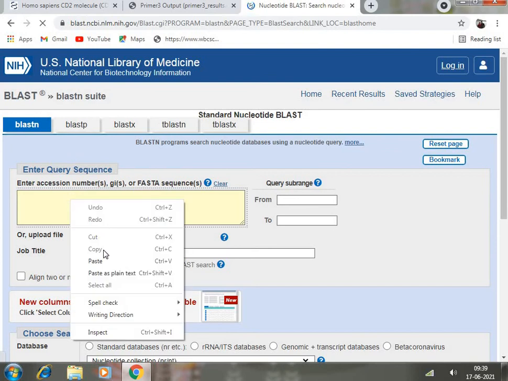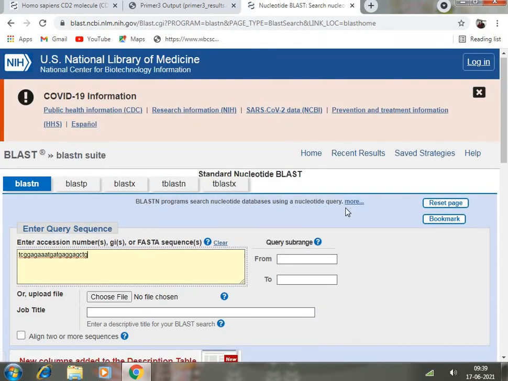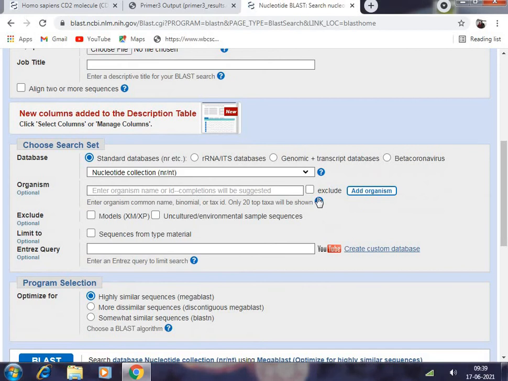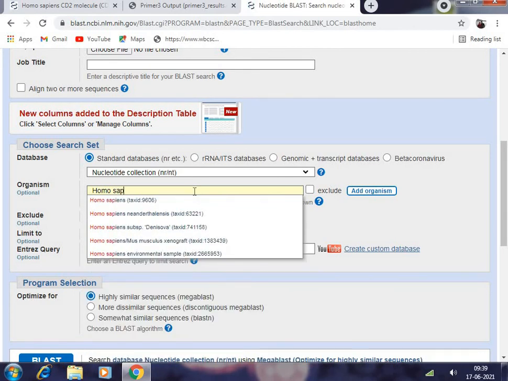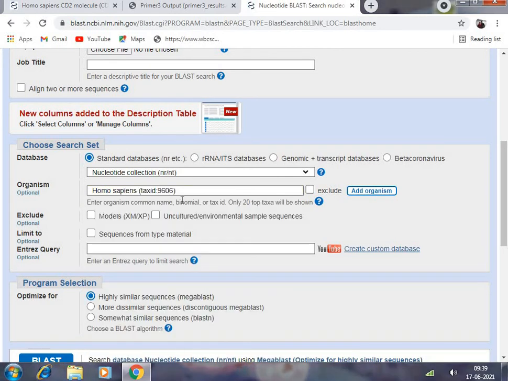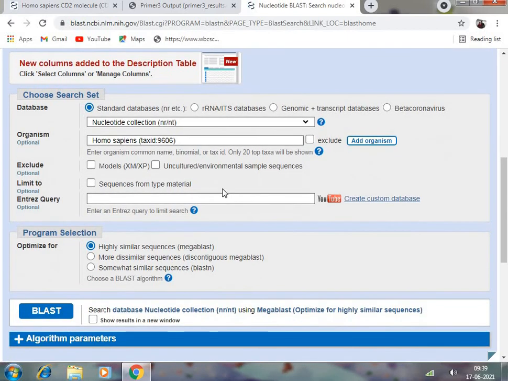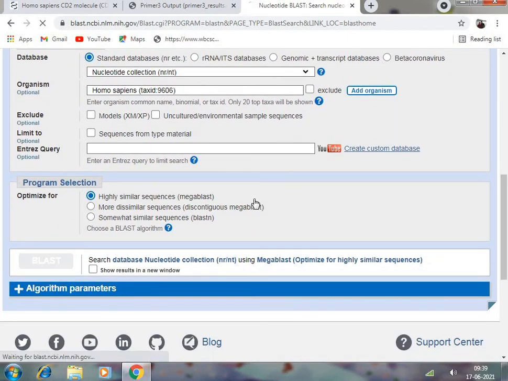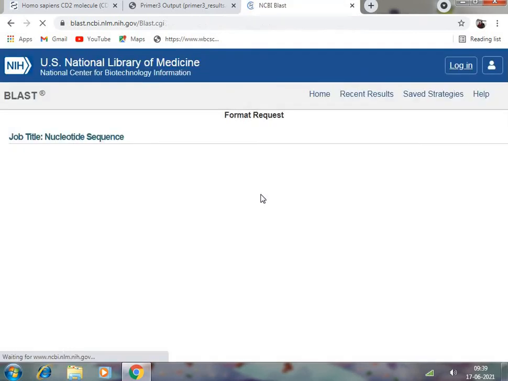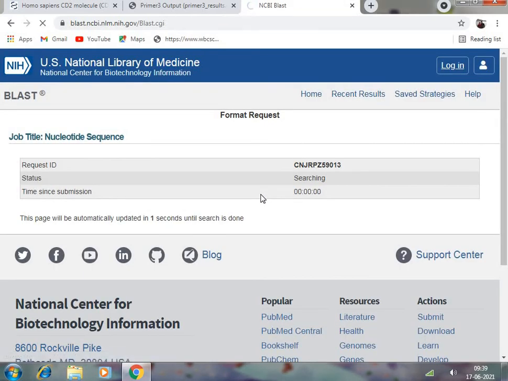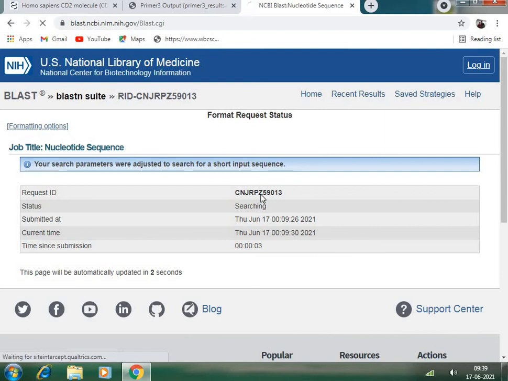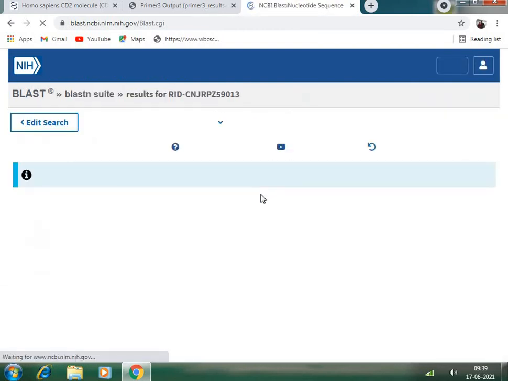Again, in the search engine I am pasting the forward primer, and then I can give Homo sapiens, say taxid 9606, and then I should click BLAST. So it will take some time so that it can search with all available data, depending on the internet connectivity and the gene primer. It will take around 15 to 20 seconds or sometimes 25 seconds.